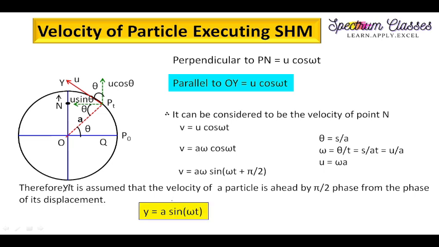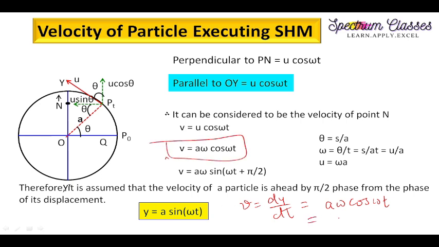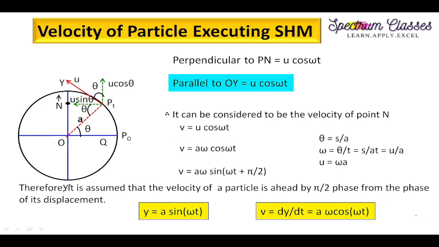This can also be done alternatively. This is actually the geometrical method, but we can do it directly by the calculus method. So y is equal to a sine omega t, and if I do velocity is equal to dy by dt, then I will simply get a omega cos omega t. So that is again what we get, and if I replace it in the similar manner, I will get sine omega t plus pi by 2. So this is simple actually. We can do it by the alternative method, but we must understand how it is geometrically proven.